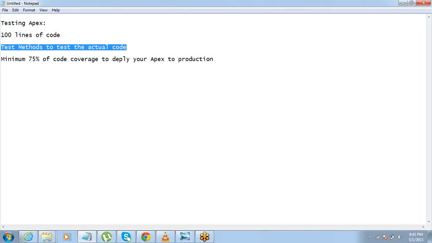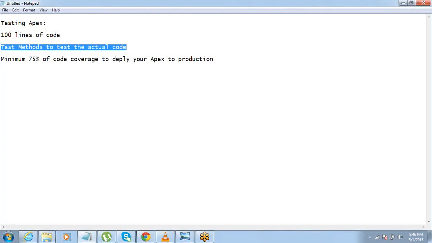Now, though this is something which is mandatory from salesforce.com side, they have made it mandatory that we have to put the code coverage thing. Fine, so we do it. However, it's also something which is good for us. If you are a developer working for a client, if you do testing of your code, it's good.